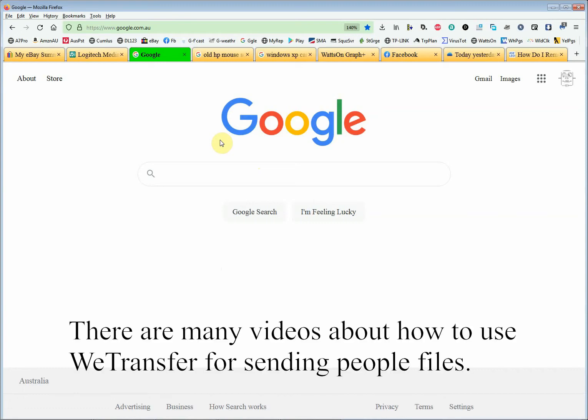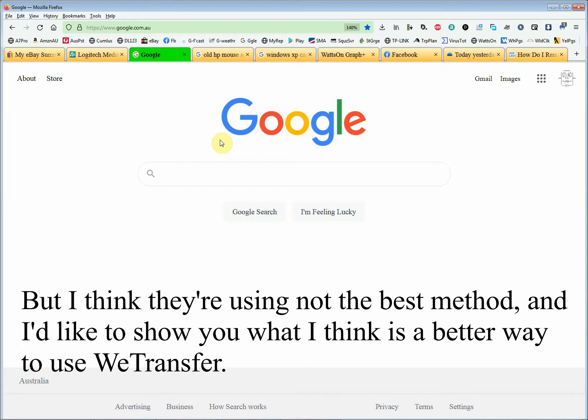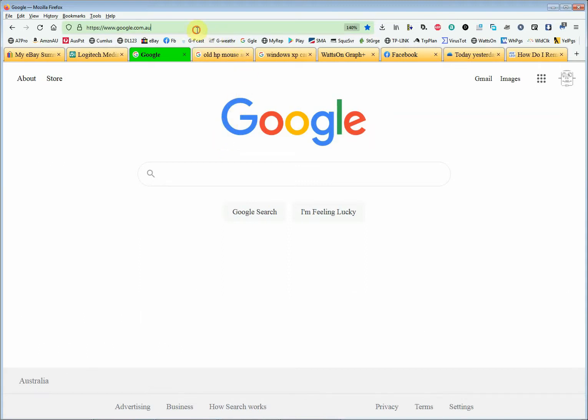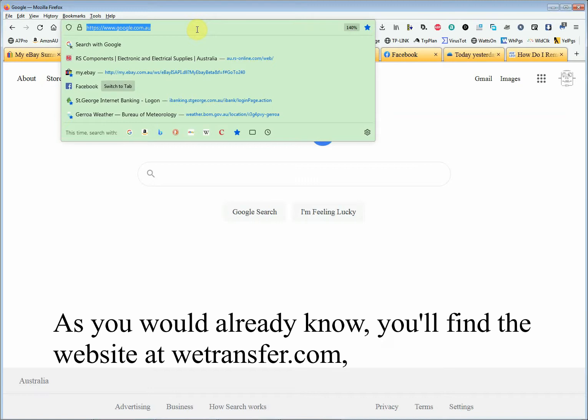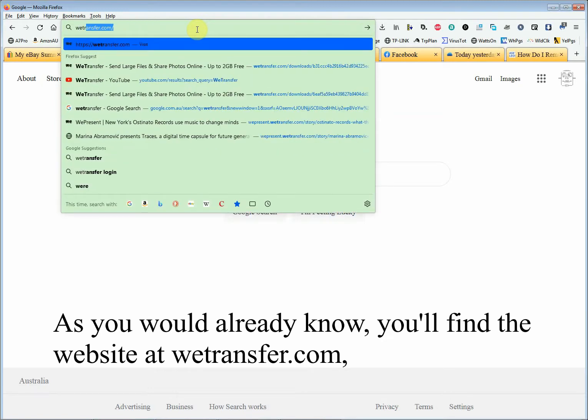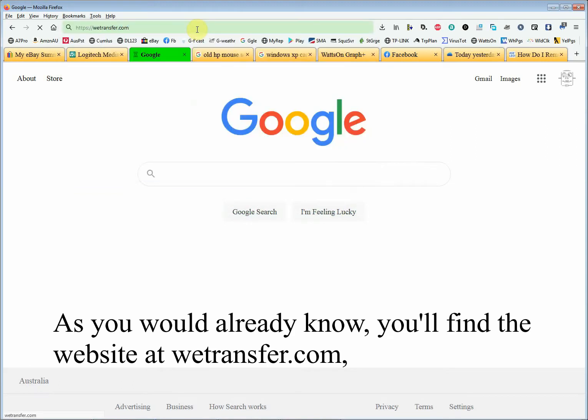There are many videos about how to use WeTransfer for sending people files, but I think they're using not the best method, and I'd like to show you what I think is a better way to use WeTransfer. As you would already know, you'll find the website at WeTransfer.com,